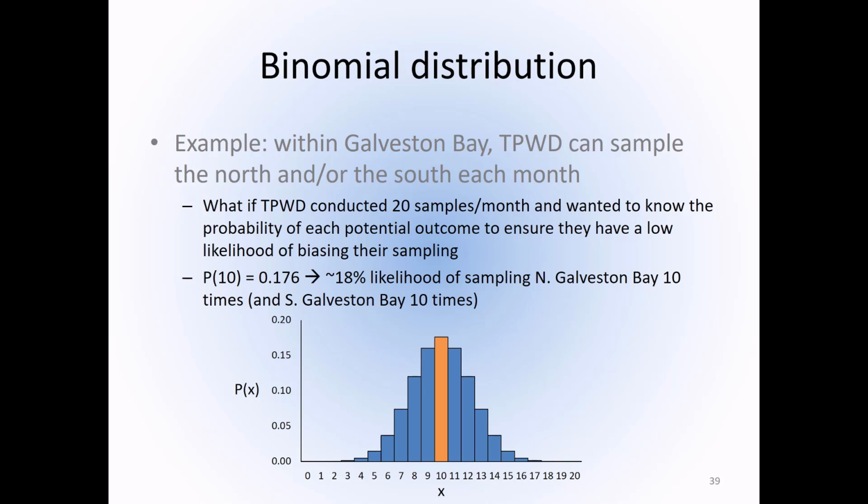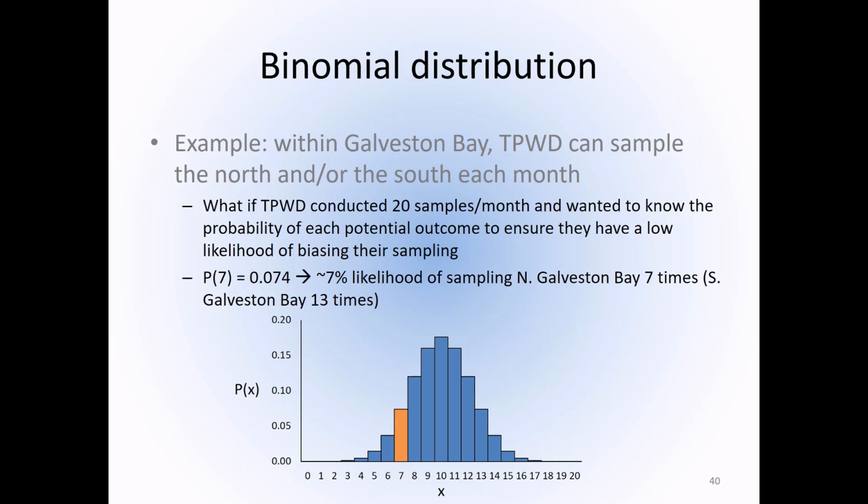And what we find is that there's approximately an 18% likelihood of sampling North Galveston Bay 10 times, and subsequently South Galveston Bay 10 times as well. Now let's say that we're interested in the likelihood that we only sample North Galveston Bay 7 times. Well, the likelihood is going to decrease. And the reason for this is that as we start deviating from our mean, the probability of our events